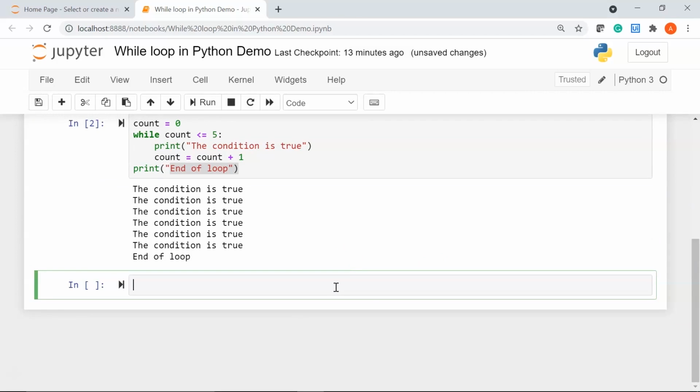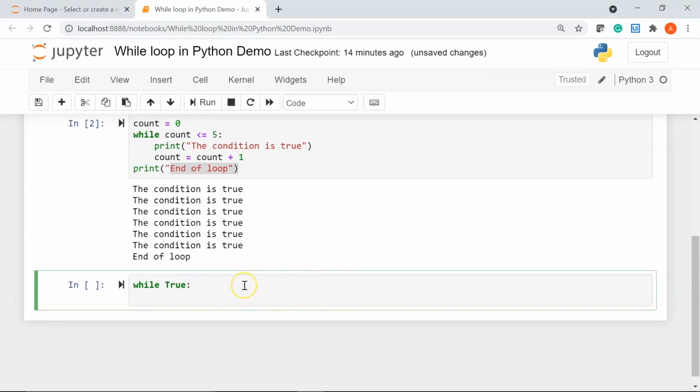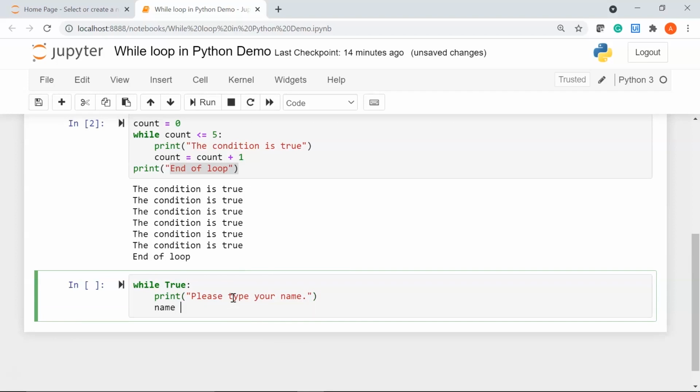you can also use the break statement in a while loop. Let me show you how to do it. I'll say while True. So I am declaring my while loop to be true, and I'll say "please type your name", and I'm going to take my name as input from the user.